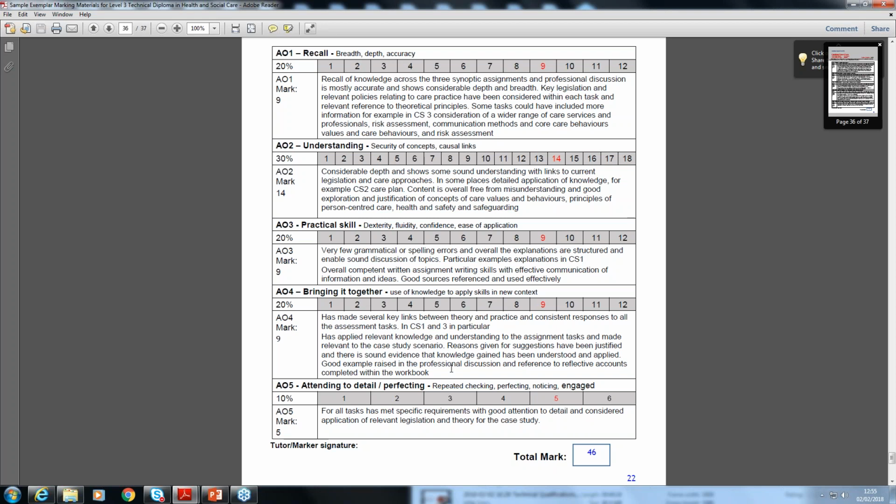And another thing I'd add as well is it really helps to focus when you're using the candidate record form. I think it's fair to say it's good to focus back to the marking grids, as Sue said, and the language that's used in those marking grids. We'd expect to see a reflection to justify the marks awarded.